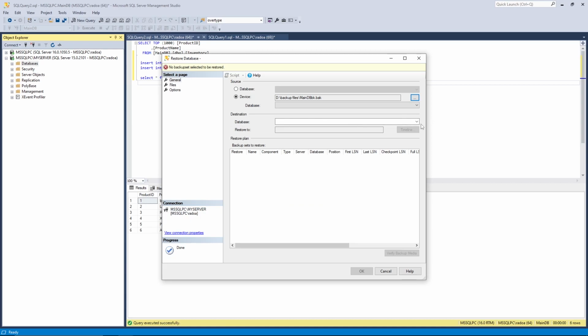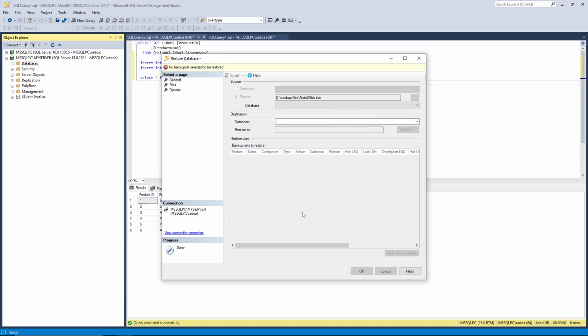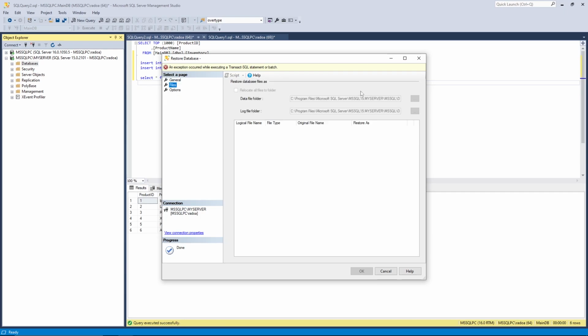So destination, okay, so let me select the database once again. It's giving some errors. The back, okay, it's done. General,